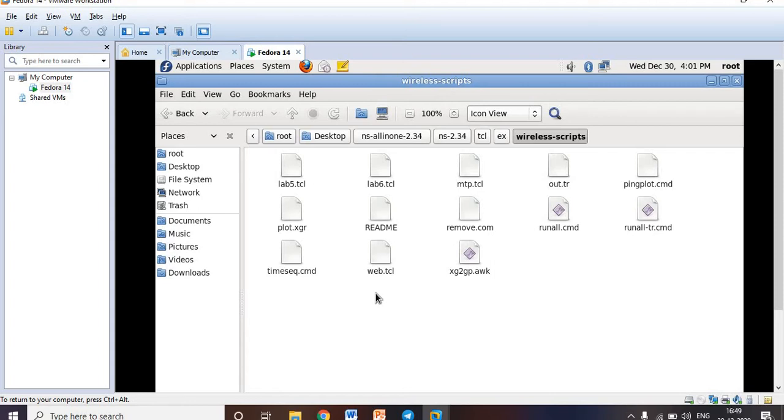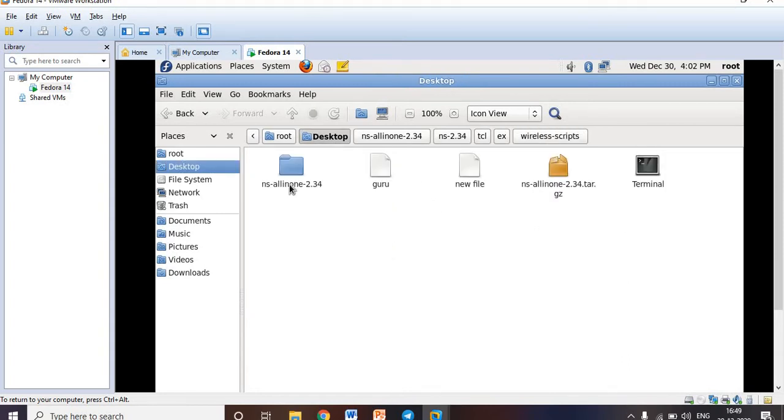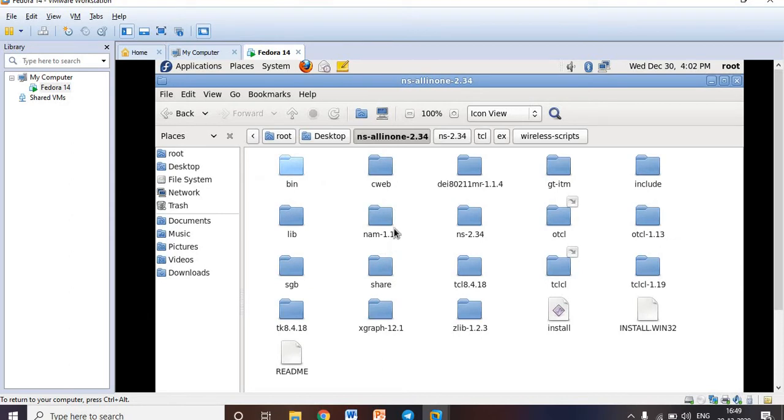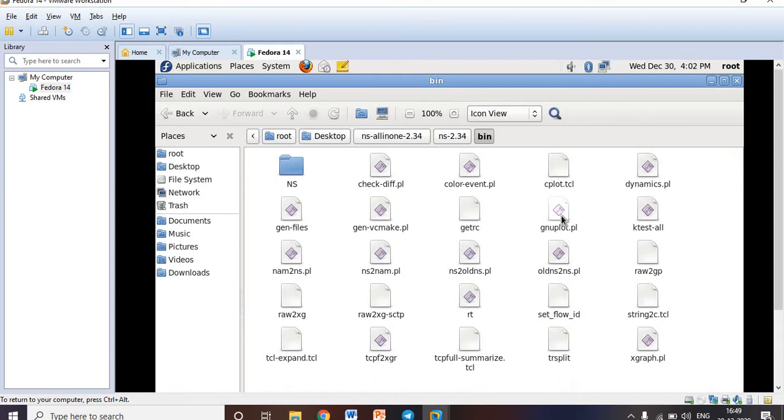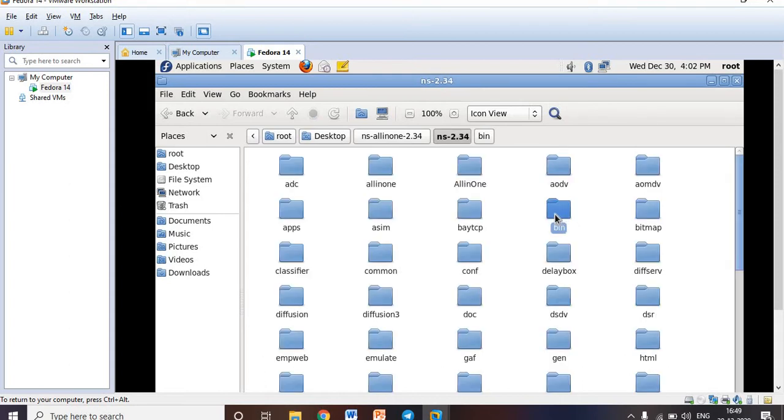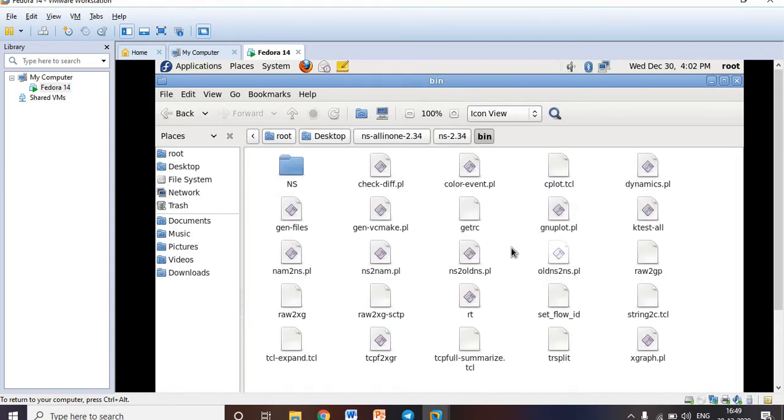Okay, and along with this you have to know two more files. I just show you, I'm on desktop now. I'm going to NS all-in-one, then I'm going to NS bin. So here you can see getrc file and raw2xg.